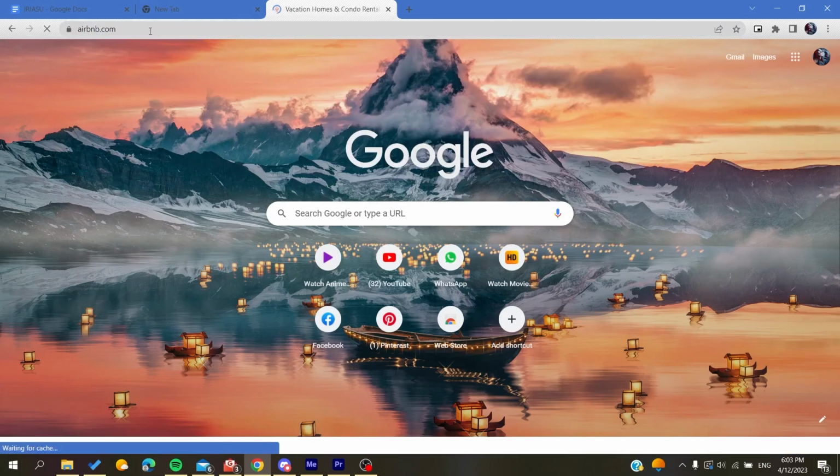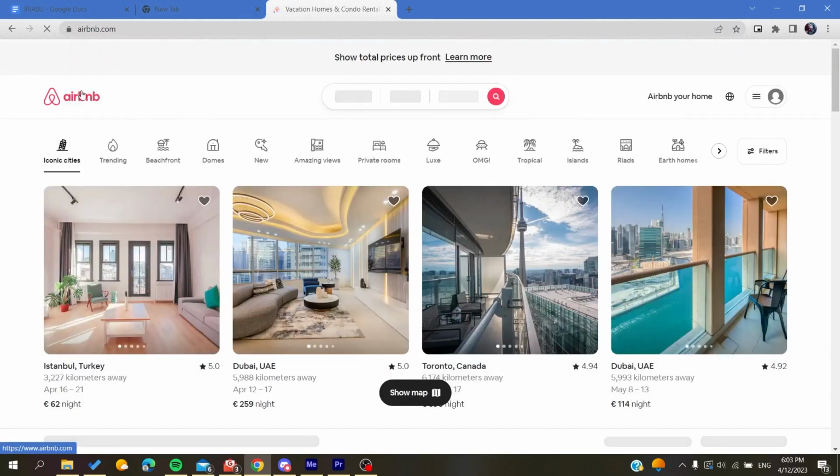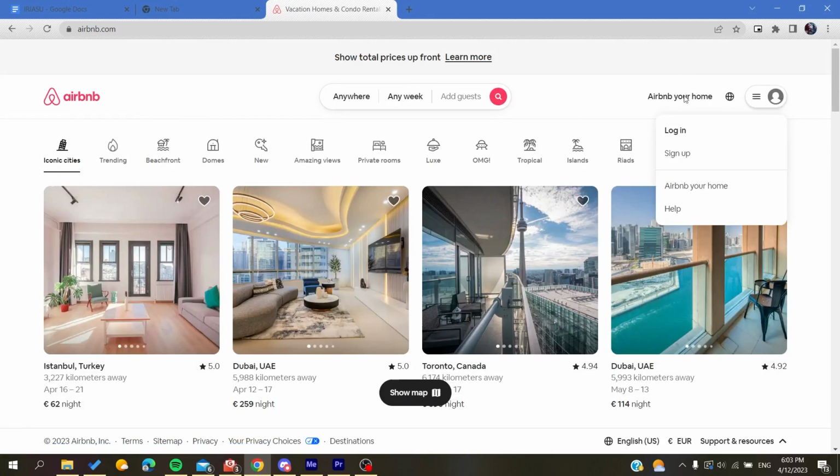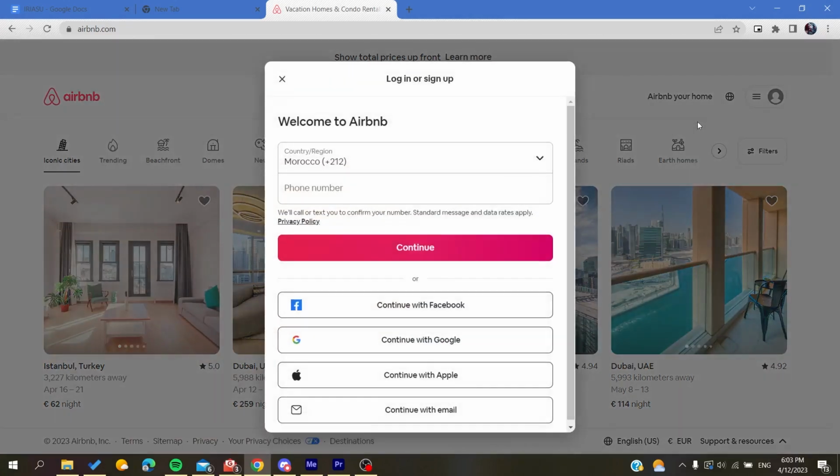So after you click on it, you will be redirected to the Airbnb website, and then you will need to create an account. So basically you will need just to click on this icon here at the corner. You click on it, and of course you are going to click on sign up,